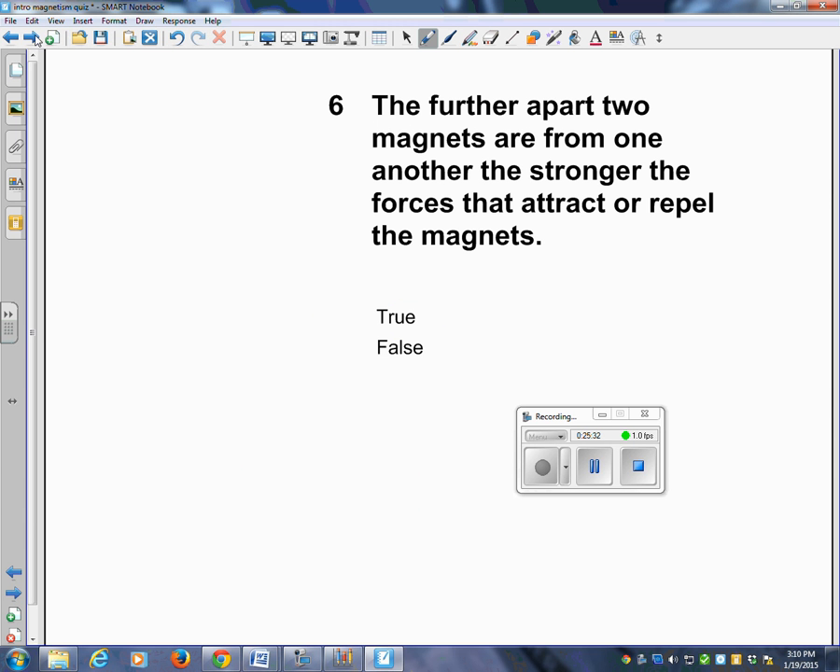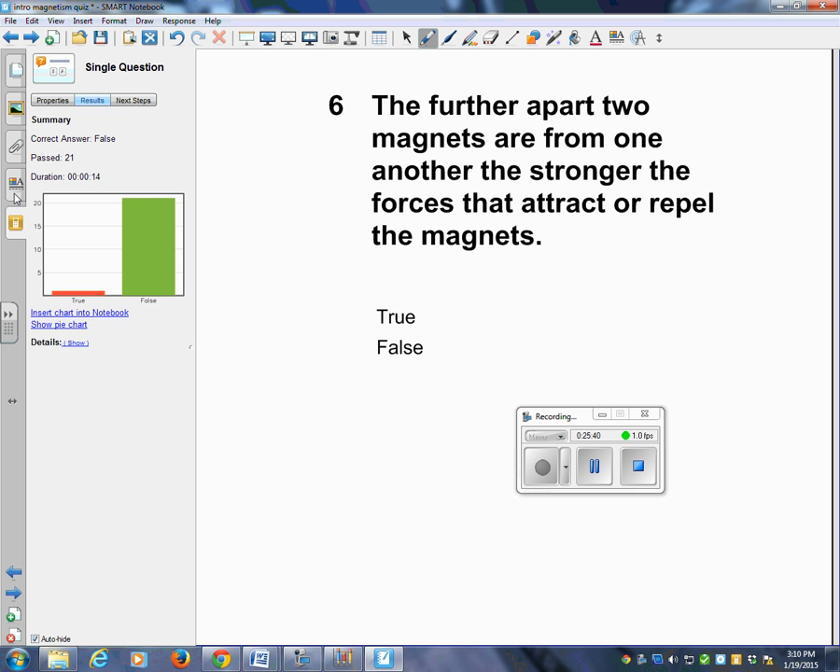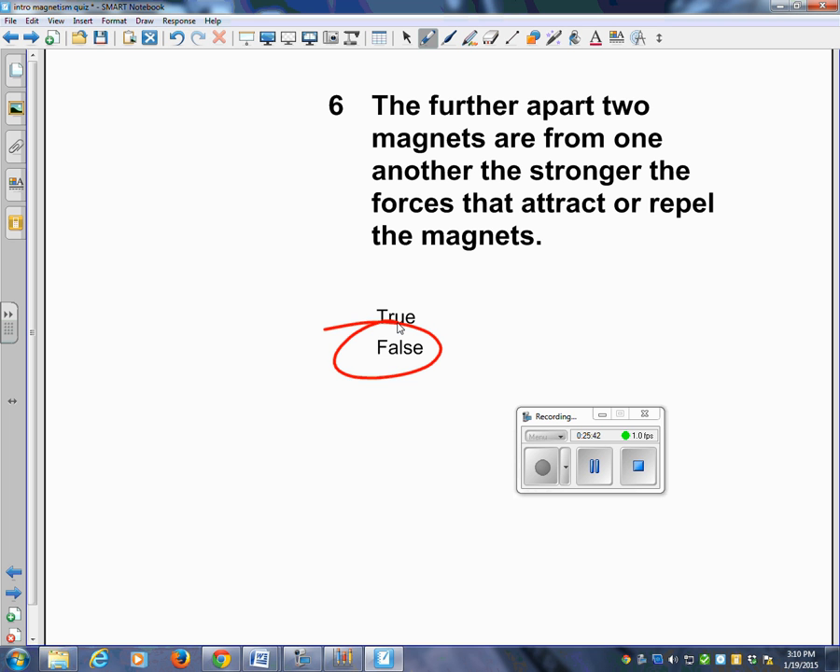The further apart two magnets are from one another, the stronger the forces that attract or repel them. How'd you do? It's not stronger, it's weaker. And once again, it's the inverse square rule. Twice as far, four times as weak. Like sound, like light, like electric field strength, magnetic field strength, pretty much everything is inverse square,